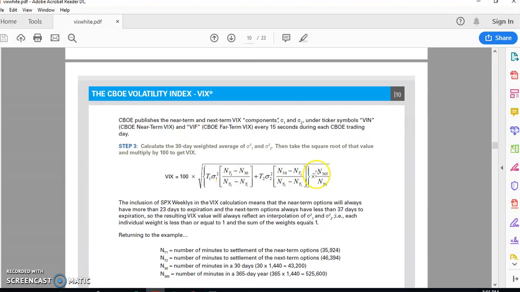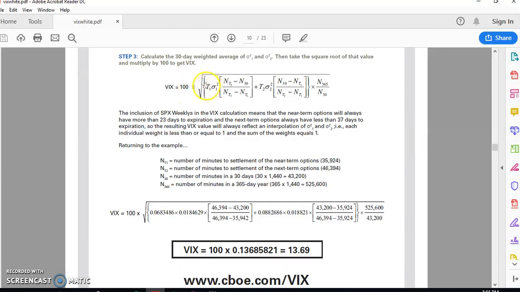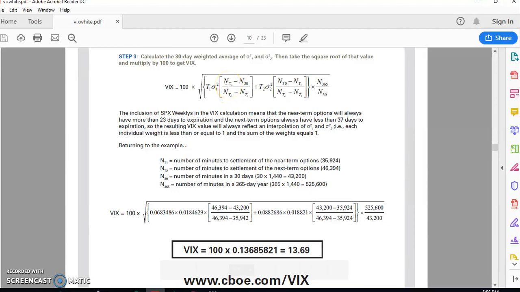We have to interpolate. To interpolate, we take the figures that we had just worked out for the Q1 squared given here, and the Q2 squared given here. And then, as before, we took the T1. So we had to calculate this before, and the Q1 squared obtained before, and then we scaled it, or weighted that